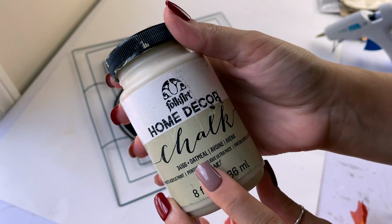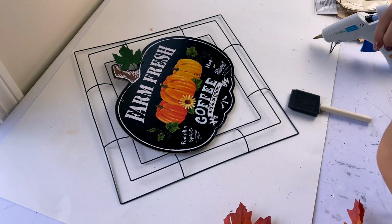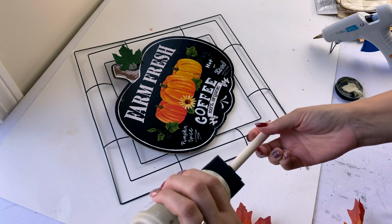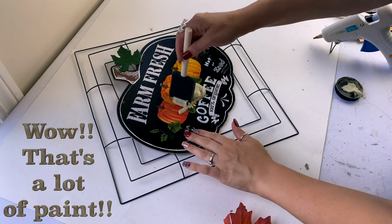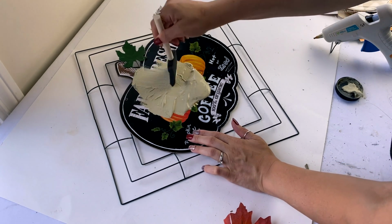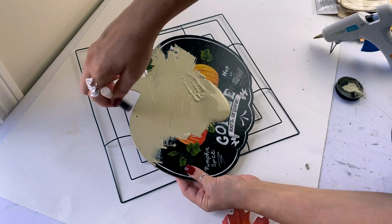Moving on, I am taking one of these signs from Dollar Tree. Again, this is something I actually had left from last year, this Farm Fresh pumpkin sign. I forget what it said exactly because I had painted over it and I wrote coffee, like you can see on here, pumpkin spice, hot or iced. Anyway, I did some touches on this for my coffee bar last year, but for this year, I'm painting over